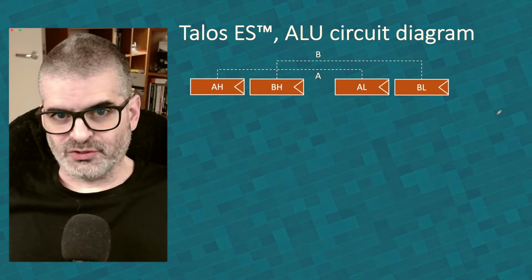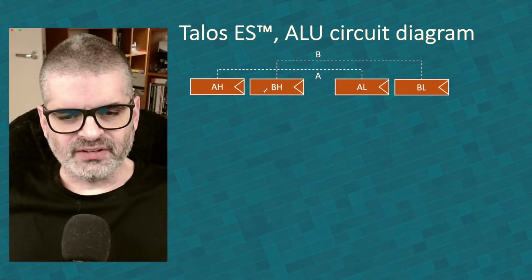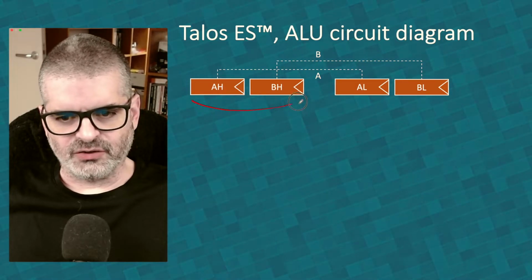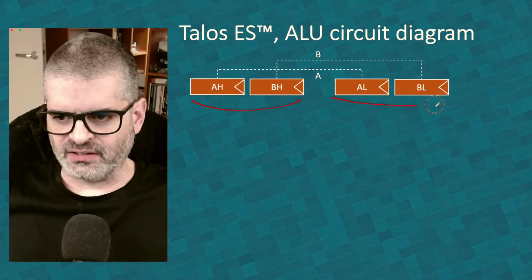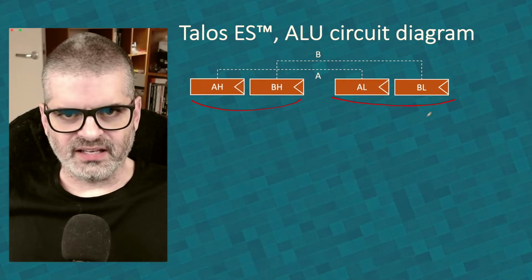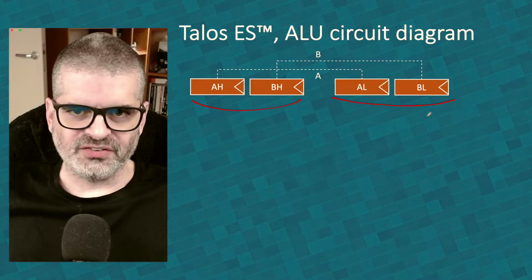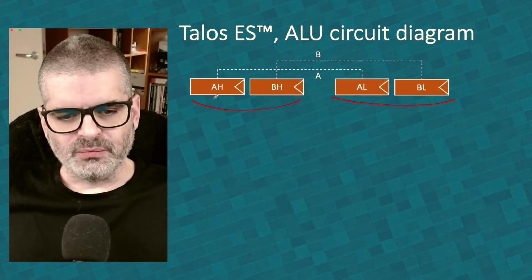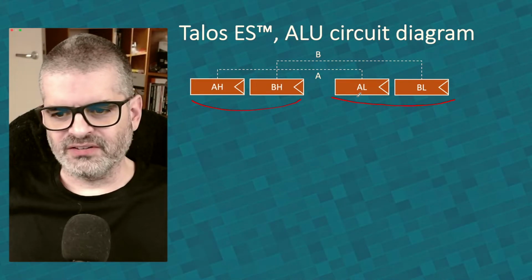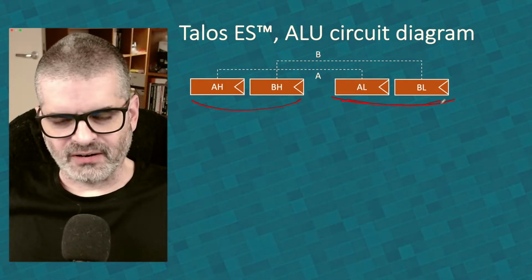Now, to be able to do subtractions, we need to do an operation in one of the two operands. Let's say these are two 8-bit operands and these are another two 8-bit operands. As we discussed in the previous episode, I want the ALU to be able to do two 8-bit operations in parallel or one 16-bit operation. So these would be two operands of one 8-bit operation and these the other two operands of the other parallel